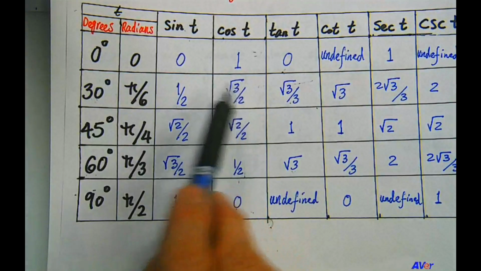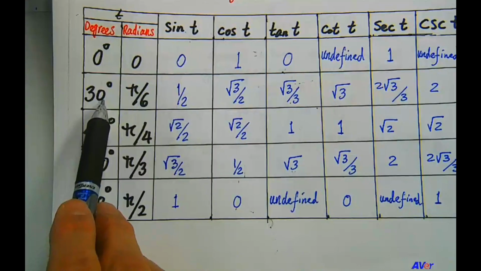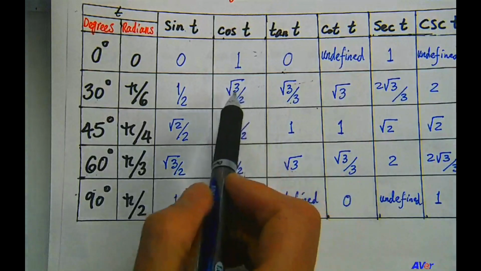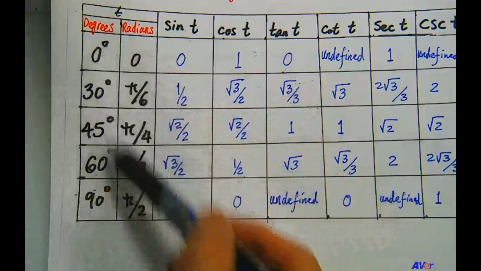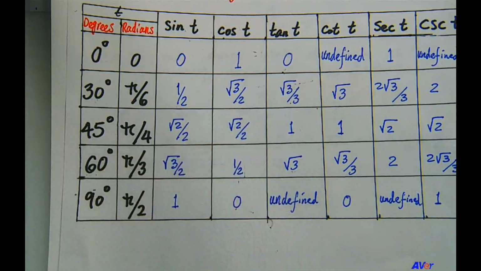Positive. That's 30 degrees. So cosine of 30 degrees is square root of 3 over 2. But that's positive because these angles are our reference angles. So in the second quadrant,